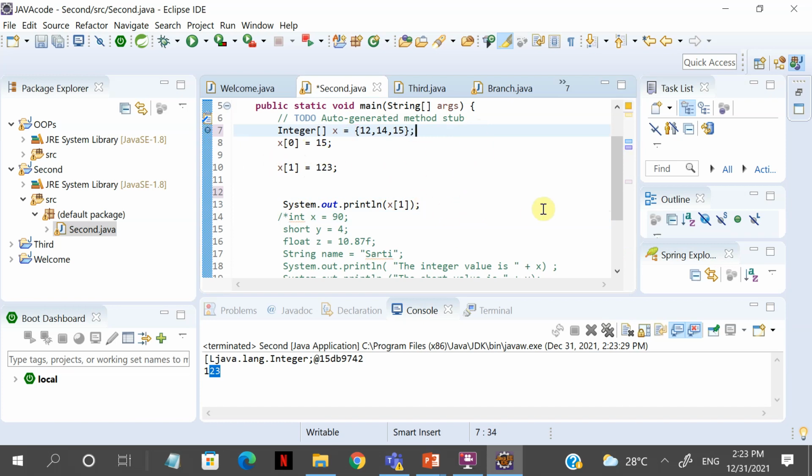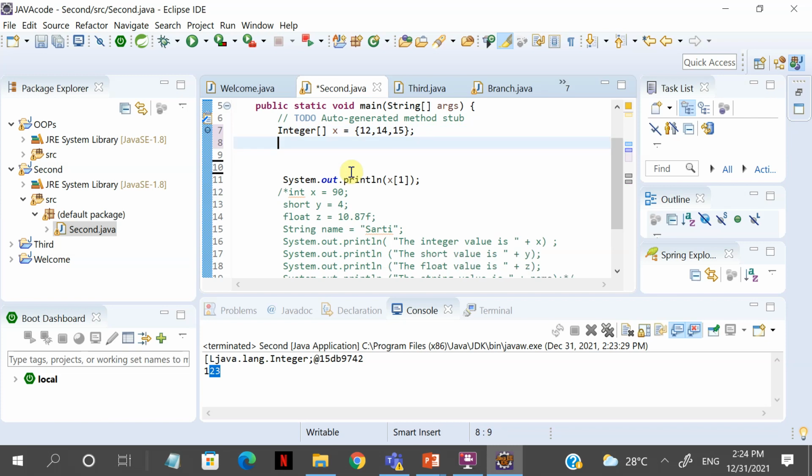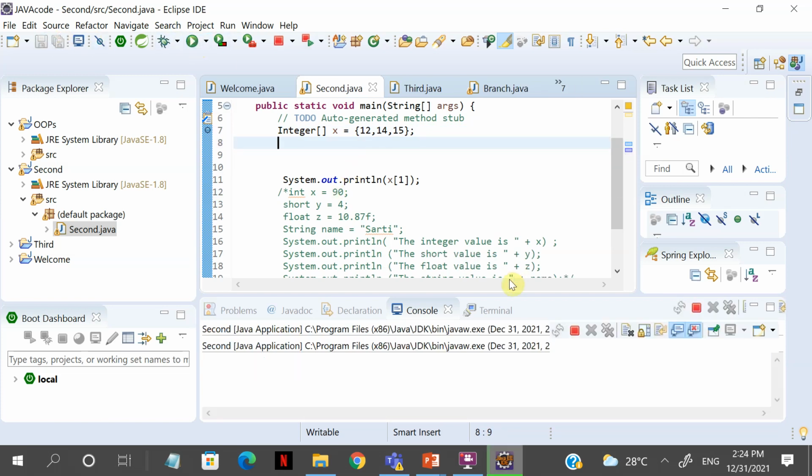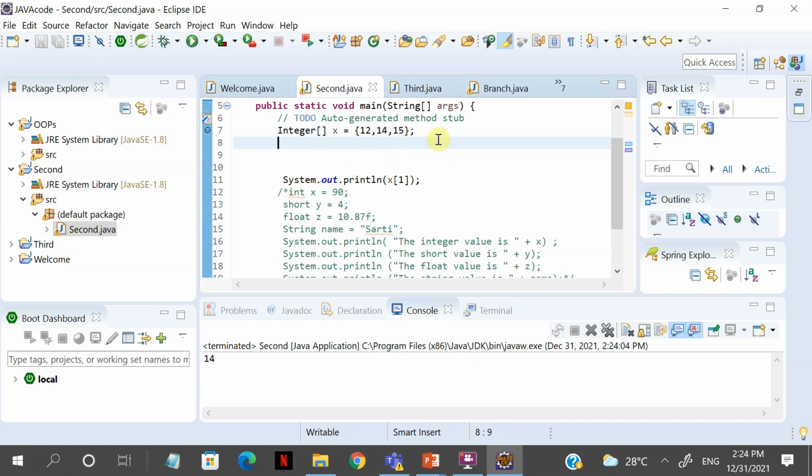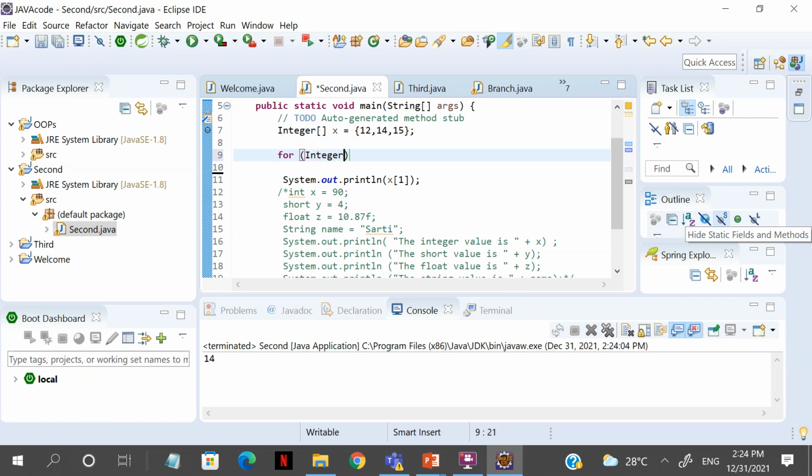Now I can also initialize an array like this. This will also define an array, and this is another way to define an array. Now if I just run this, it will show me that 114 is there, right? Now if I want to see what the values in an array are, the optimized way to create a loop here is, you say integer